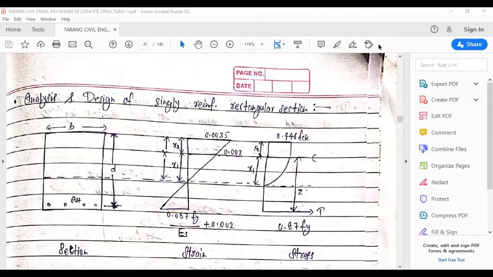In this session, we'll be studying the subject Design of Concrete Structures, which is in the 4th semester of Maharshi Dayanand University. The topic of discussion would be design of singly reinforced rectangular beam section using the limit state method. The assumptions of the limit state method and all considerations and parameters we have discussed in the previous lecture. You can go to that lecture for more discussion.